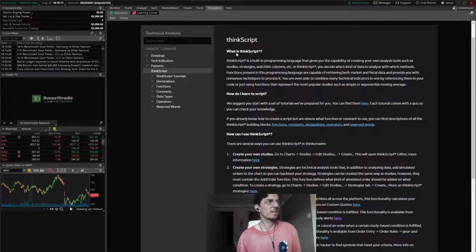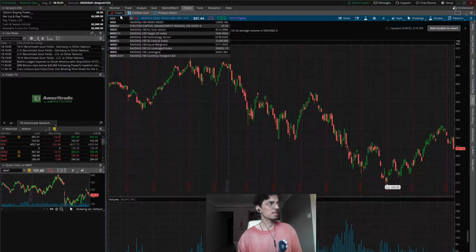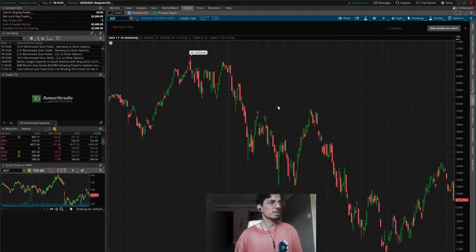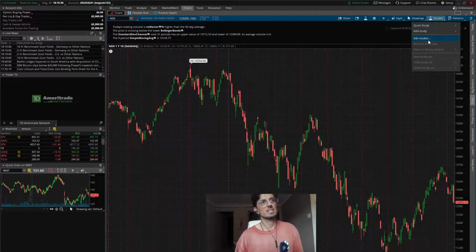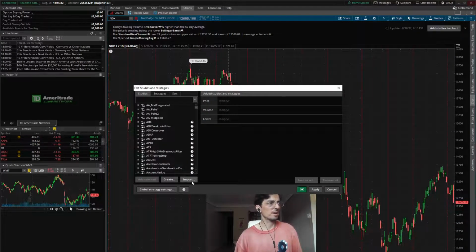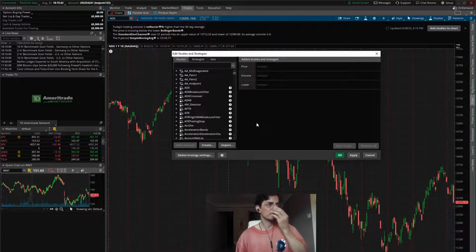Studies, Edit Studies, Create. Charts. Here's our basic QQQ. I'll change it to NDX since that's what we were looking at for the chart. I took away the volume. And it says go to Studies and Edit Studies. And here we have all these presets. And I have lost, oh no, I didn't lose my work, good. Okay, they saved it in the cloud. But that's okay, we're just going to start by creating a brand new one.